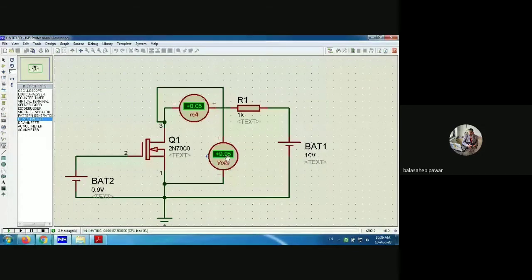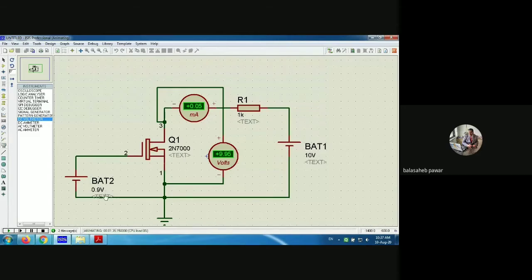Very small amount of current. Now the question is, why is such a very small amount of current flowing? Because a very thin channel gets formed between drain and source, between these two terminals, and that's why there is a flow of this non-zero ID or IS. Am I right? And this 0.9 volt, what will you call this voltage for this transistor? Can anybody answer? Threshold voltage. Very nice, 100% correct.